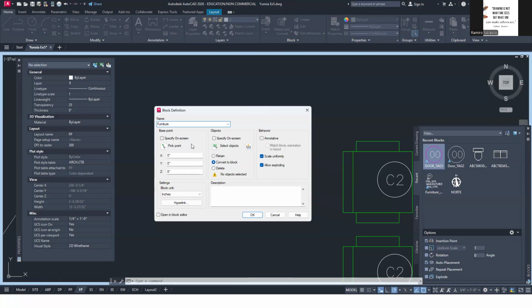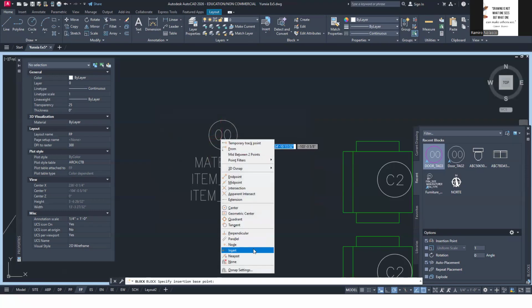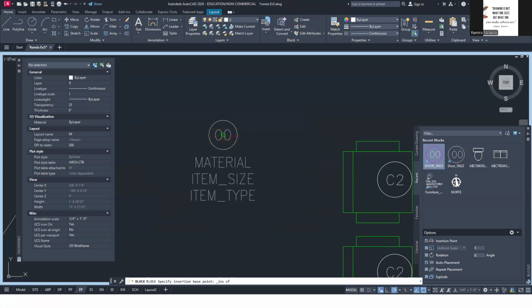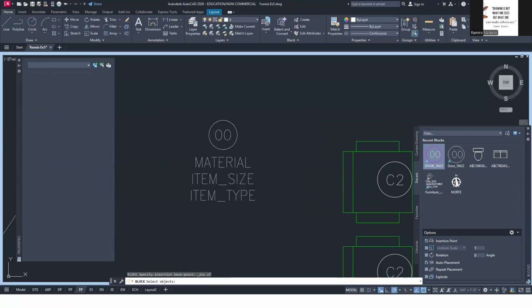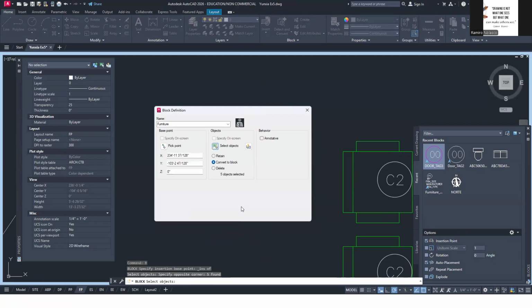Even the door, right? You can use that for the door. So pick point. This will be our insertion point, which is the insert. Okay. Select the objects. So select all of this. Okay. Make it annotative. Allow exploding. Convert to block. Click OK.